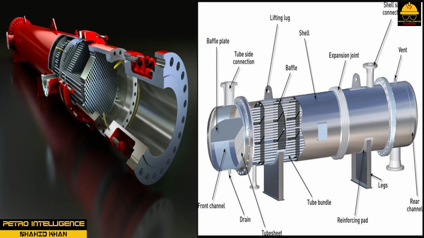A shell and tube heat exchanger has a cylindrical shell that surrounds a tube bundle. Fluid flow through the exchanger is referred to as tube side flow or shell side flow. A series of baffles support the tubes, direct fluid flow, increase velocity, decrease tube vibration, protect tubing, and create pressure drops. Shell and tube heat exchangers can be classified as fixed head, single pass, fixed head, multi-pass, floating head, multi-pass,